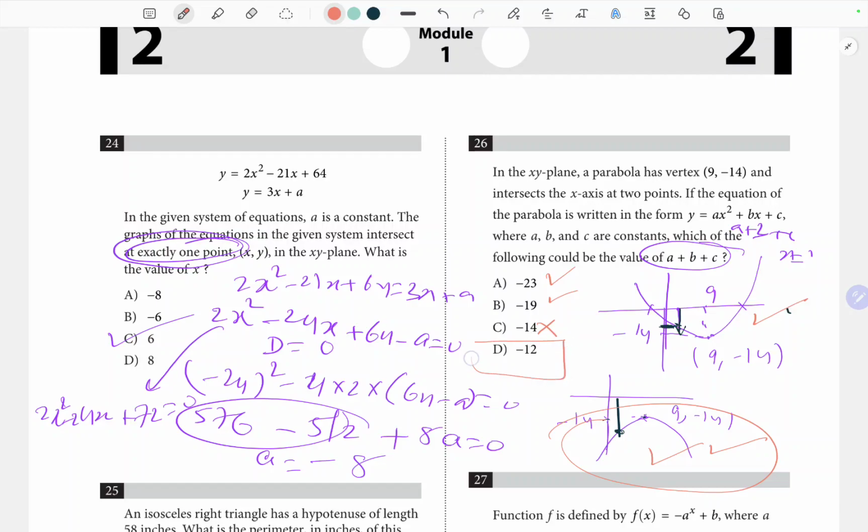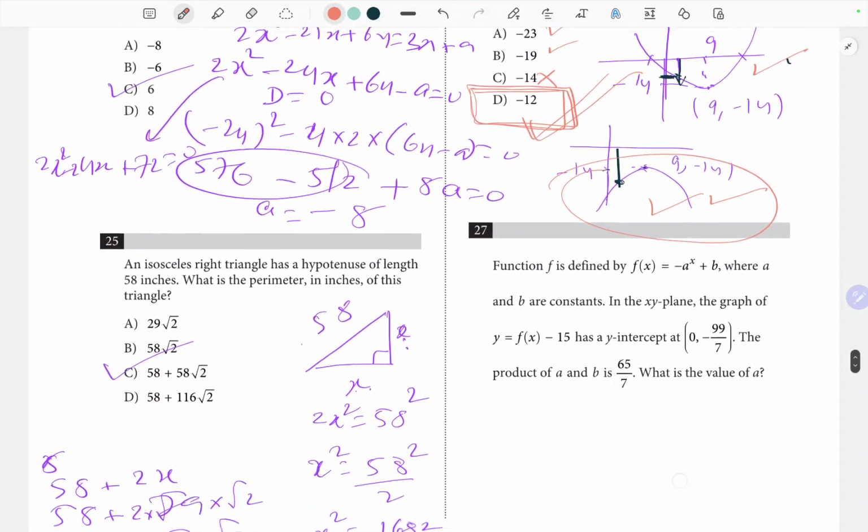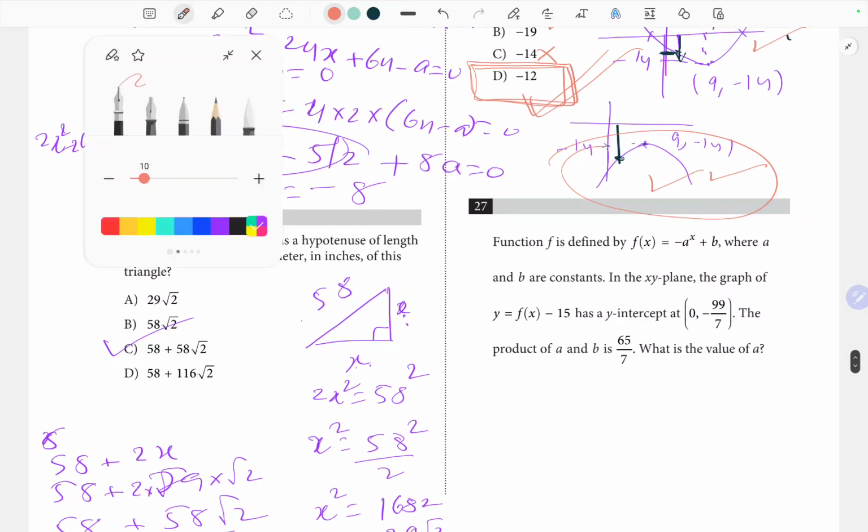So I will go for D part because it's single correct. According to this graph, this is coming, so it should be minus 12 according to me. Now this is question number 27, which is